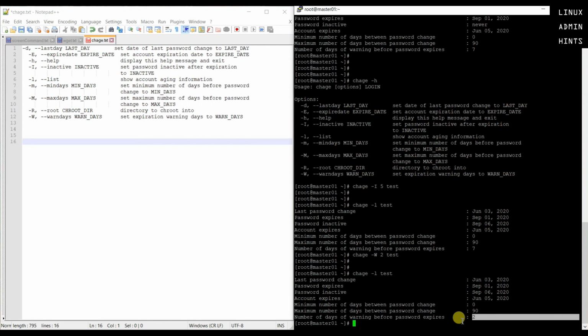So the chage command is a super command that the root user or sudoers can use to change the password and user information related to the password. It's a good command to use, but ensure that only the sudoers and the root users should use it. Thank you for your